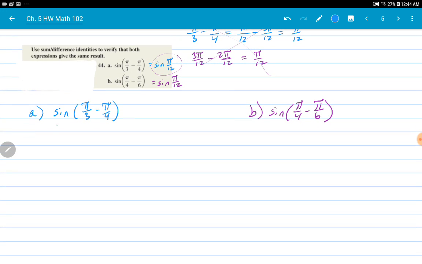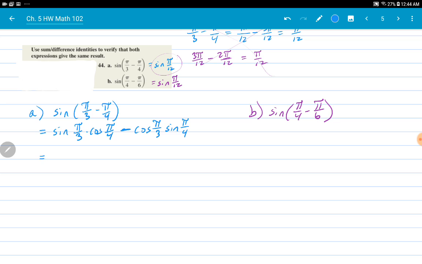Okay, so my difference identity says I have sine of pi over 3 times cosine of pi over 4. Keep the sign, flip the function. So I get those cosines sandwiched in the middle and the sines on both sides,